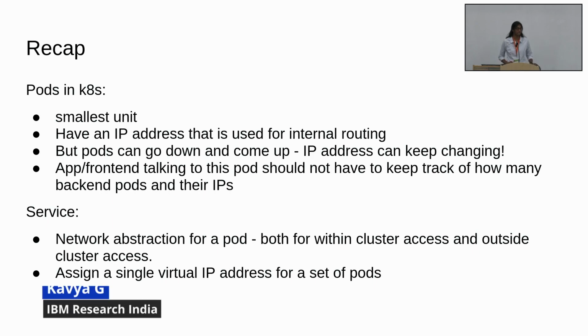Okay, so in yesterday's session, you learned about a pod. A pod is the smallest unit in Kubernetes, which runs multiple containers, and pods have an IP address. And last session, you saw exactly how Flannel was able to assign an IP address to this pod, right? And that IP address is what is used for routing to pods. So currently, if you have two pods, I think,